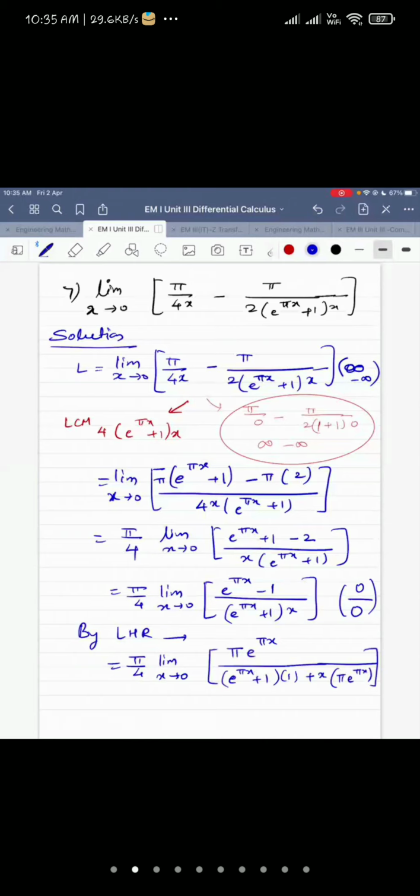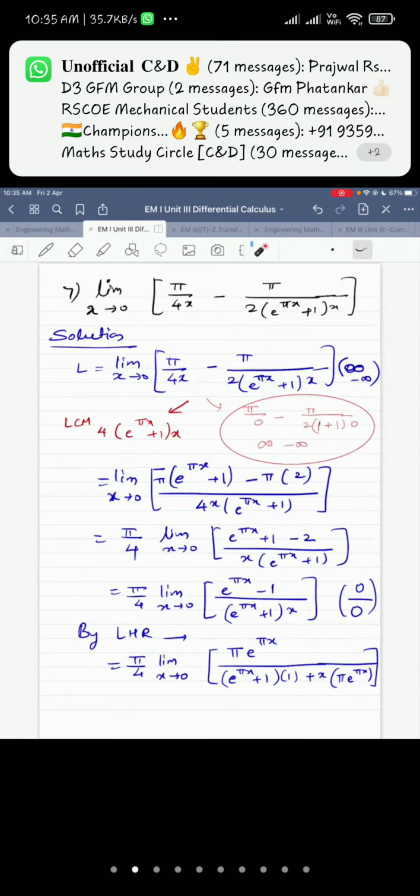Shruti, what we have done, it is coming in infinity minus infinity form. So we just have to cross multiply. But while doing the cross multiplication, if you are doing it directly, you'll get x square in the denominator, right? So that way also you can do, and you can cancel the numerator x and denominator x. But the best way is take the LCM. So how to take the LCM? The largest number here among 4 and 2 is 4. Then x is there in both and e raised to pi x plus 1 is present in both. See, LCM is that number which is divisible by this number as well as this number. So LCM we have got.